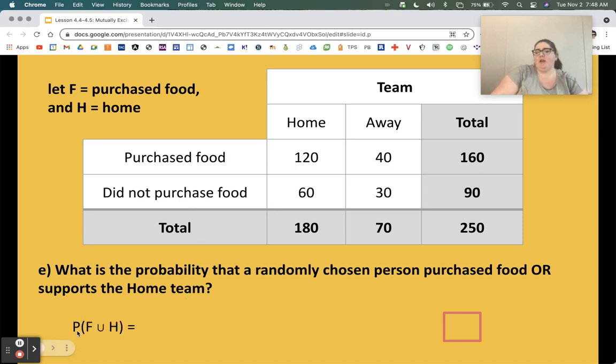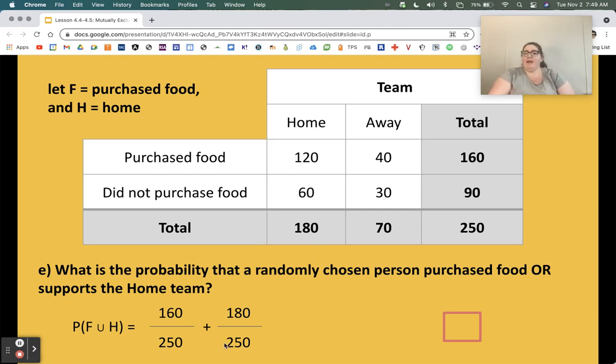So start with my notation, probability of purchasing food or, that's our union symbol, supports the home team. My basic rule for "or" is that I add. So let's try that. I have 160 out of 250 purchased food, plus 180 out of 250 supported the home team. If I stop there, 160 plus 180, if I add those together, is more than 250. What's happening is that there are some people in that intersection who are being counted twice. So these 120 people who were both home team supporters and purchased food are being counted twice. They're part of the 160 and they're part of the 180. So by counting them twice, I'm